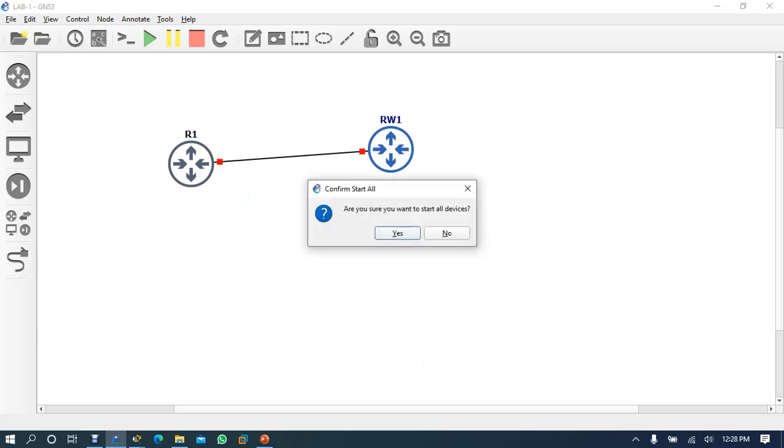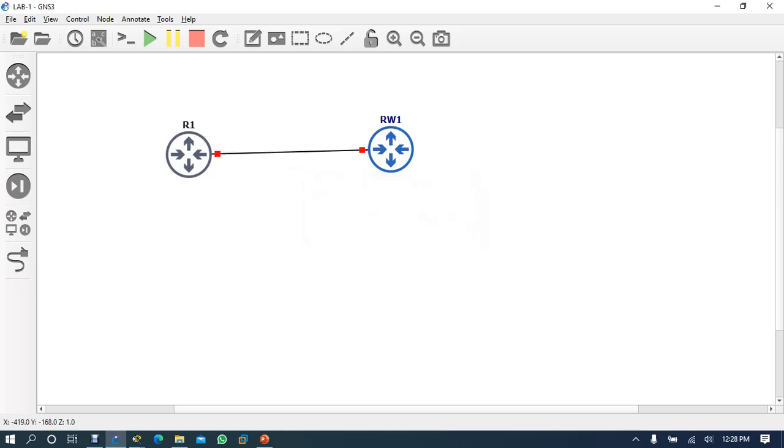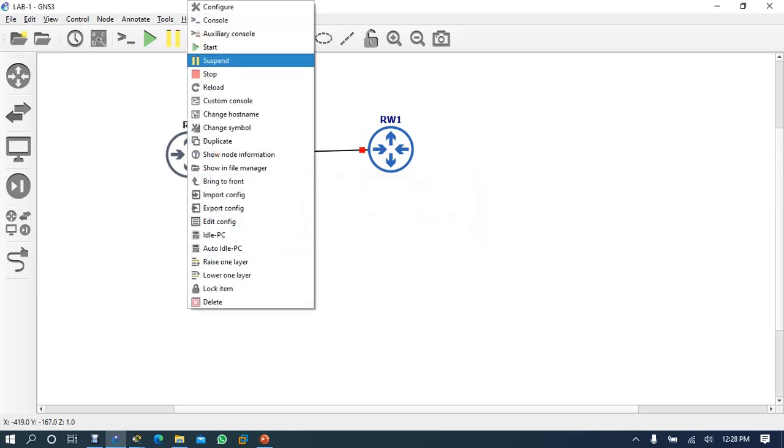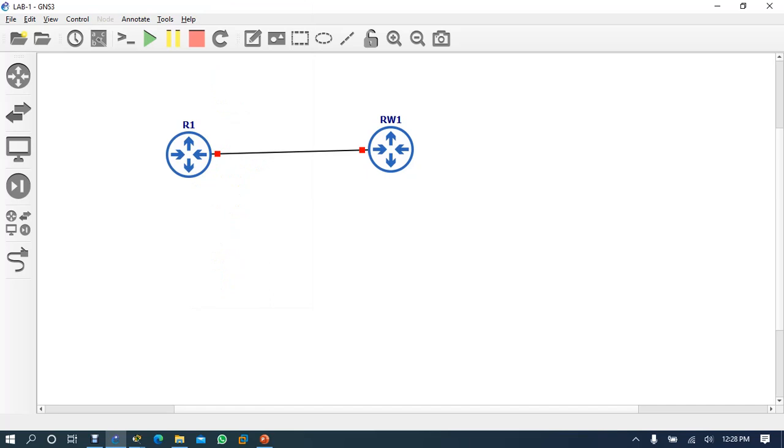Click here, start. You can start all the devices at once, or you can right click on each device and start individually. So if you have good memory, you start all the routers at once. If you have low memory, you start one by one. What do you mean, good memory? RAM.